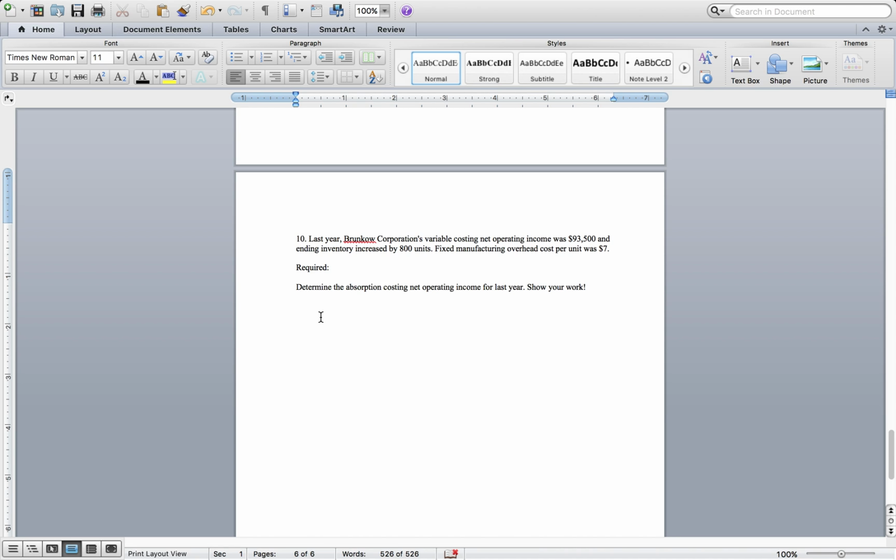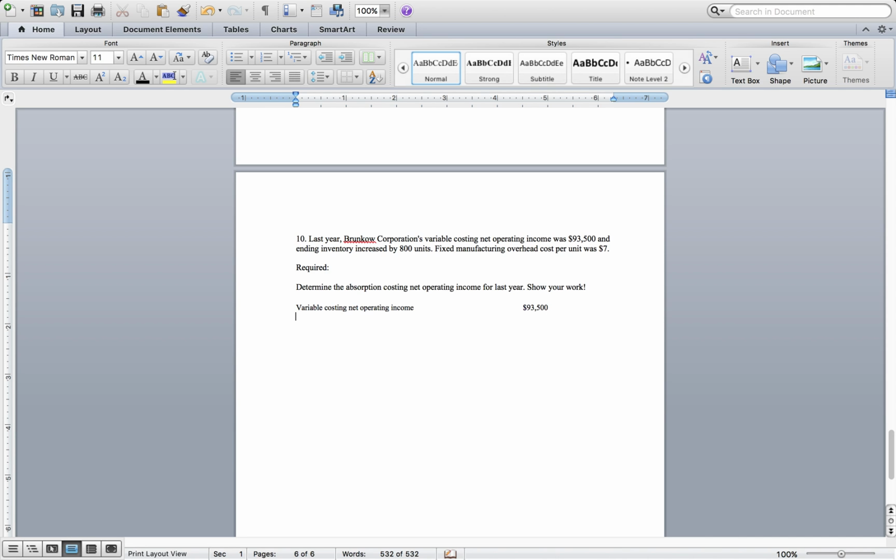It says here, last year, Bronco Corporation variable costing net operating income was $93,500, and inventory increased by 800 units. Fixed manufacturing overhead cost was $7 per unit. To determine the absorption costing net operating income. Well, first of all, we have our information here. So the first part we have is the variable costing net operating income,